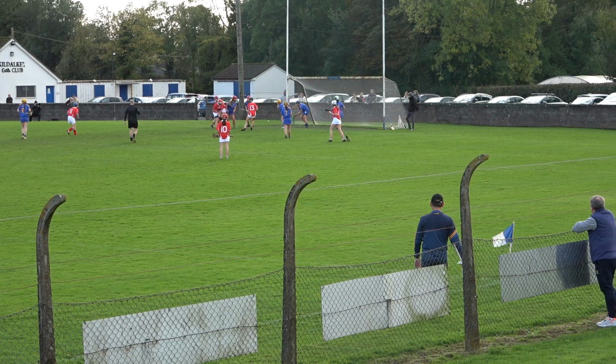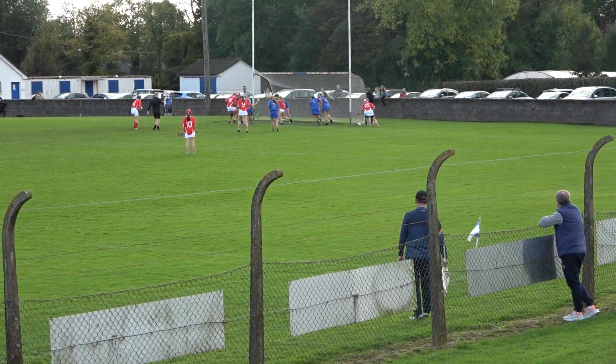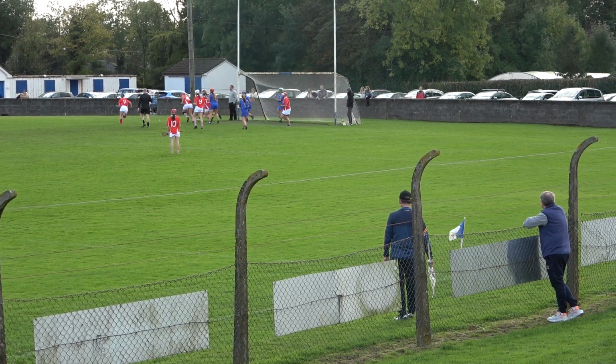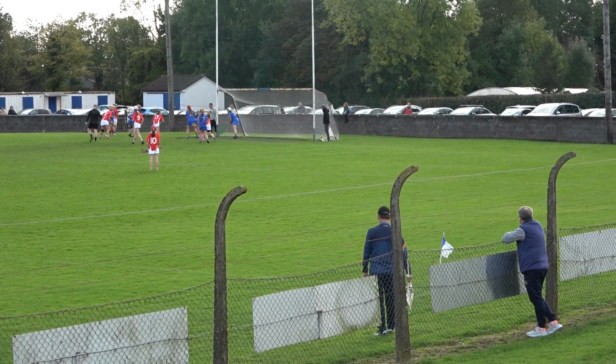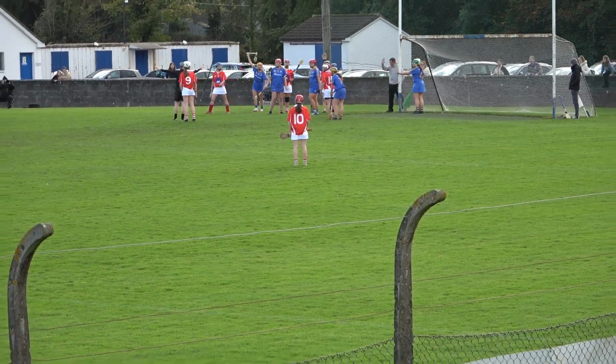Chloe Butler, Chloe, Ms. Lynn comes in, Ciara blocks it, in comes Roisin O'Brien. Does it go in the back of the net? Not yet, still no back of the net. Michelle Coleman with a strike, still across the square. Ciara Leonard with the ball, carries the ball out for 70, but instead...